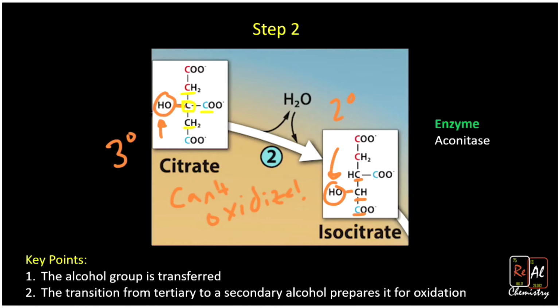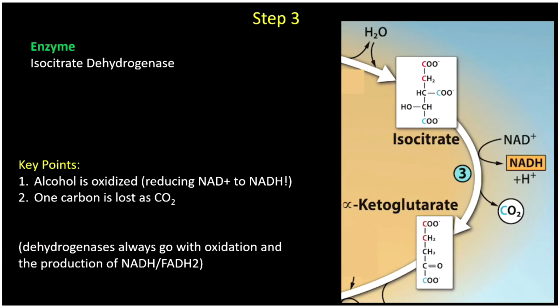do that. Okay, so step 3, what is it going to be? Well, no surprise, it's actually going ahead and oxidizing it. So what happens in step 3 is isocitrate becomes what's called alpha ketoglutarate. What we really want to focus in on here is, let me change colors, this guy right here. Notice that it goes from an alcohol to a ketone. So we add that bond to oxygen. That's an oxidation. Okay, whenever we oxidize our substrate here, whenever we oxidize anything in the citric acid cycle, you're